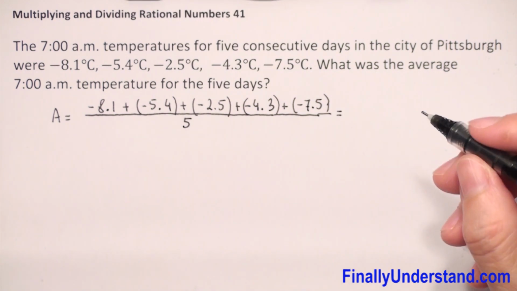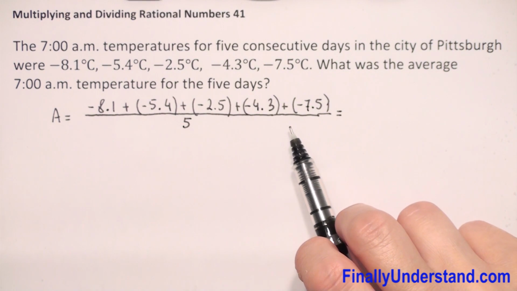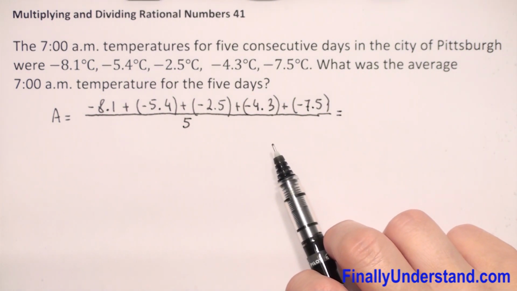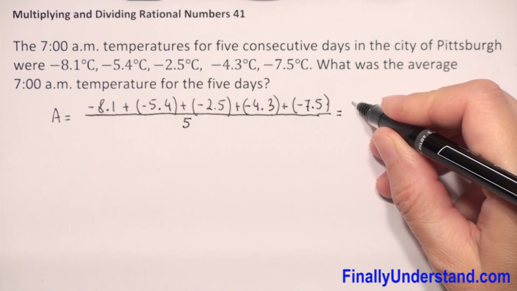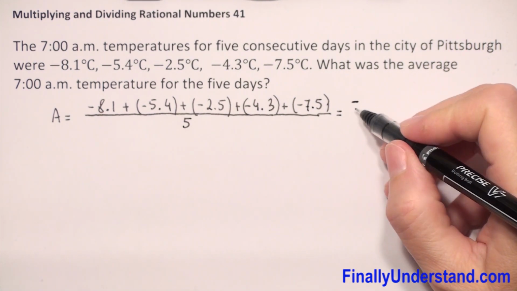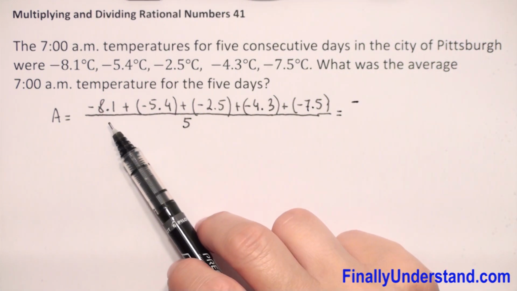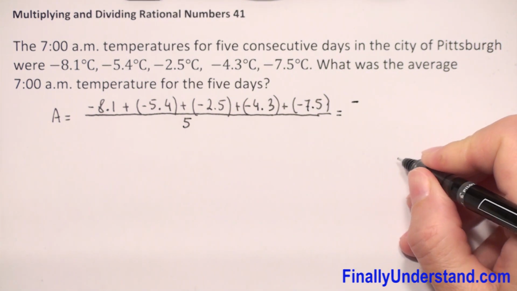So this is equal, all of these numbers are negative. So when we add negative numbers, the answer must be negative. So we will have a negative sign, and now we have to just add only the numbers. So we have